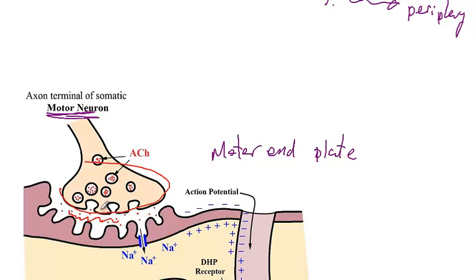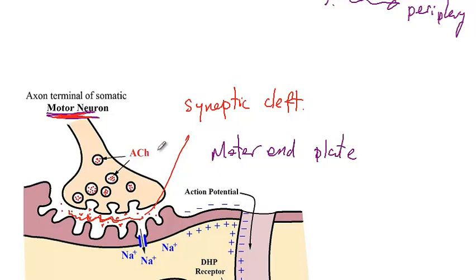The space in between is called a synaptic cleft, which is basically used to relay information from the nerve to the muscle with the help of the neurotransmitters that are being released. And in this example, by motor neurons, it's acetylcholine that is being released. So what happens after acetylcholine binds to the postsynaptic receptors is that it will cause opening of the sodium channels, as a consequence of which now there would be a depolarization wave that will be initiated on the surface of